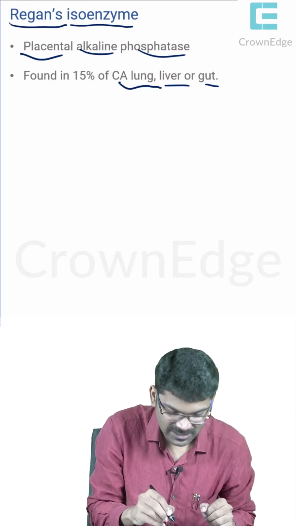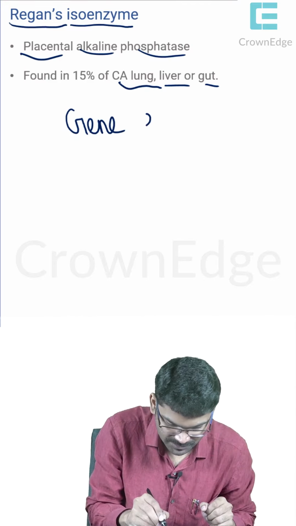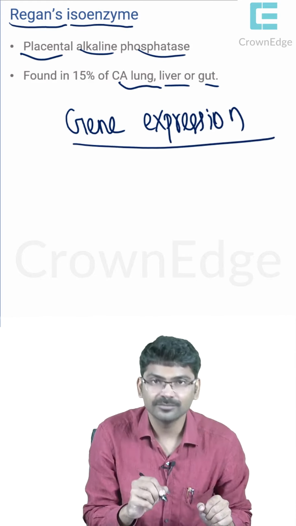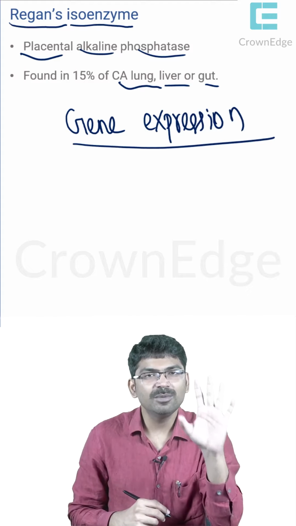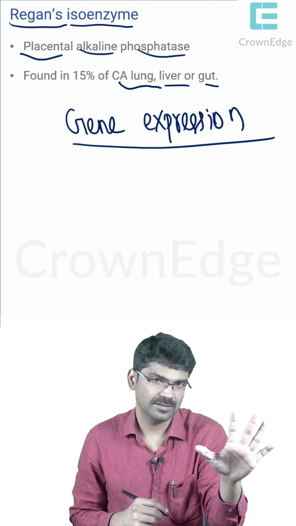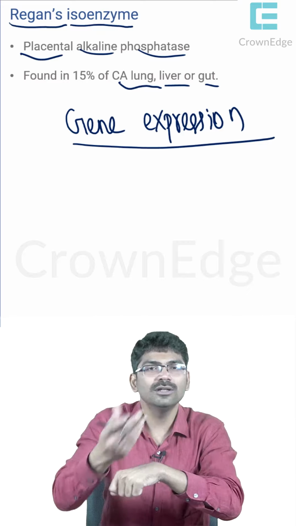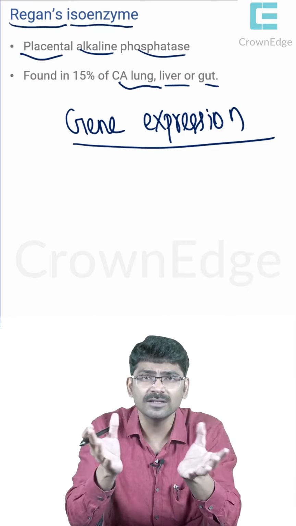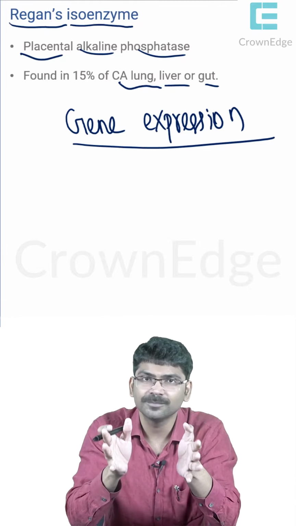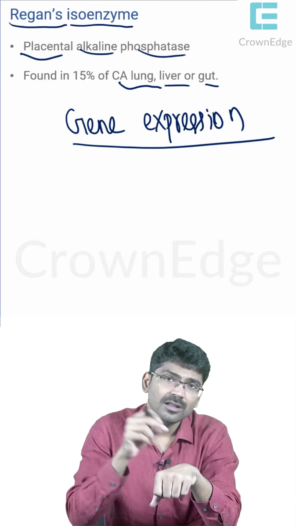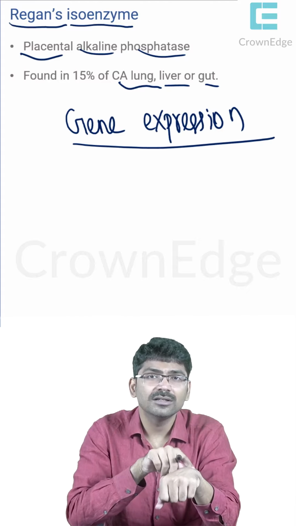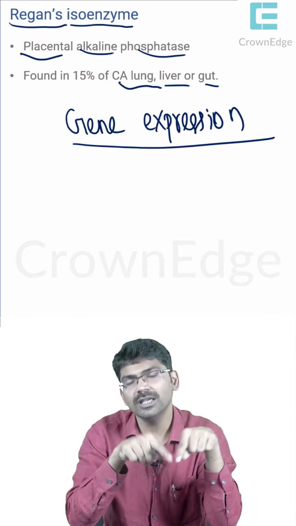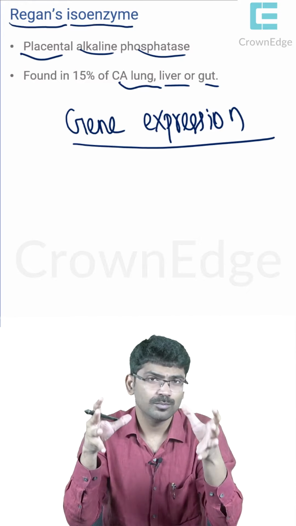There is something called gene expression. What is gene expression? Expression of a particular gene. Insulin gene will be expressed only in beta cells of the pancreas. In your skin, insulin is not produced. That means even though you have the insulin gene, in all your cells you have DNA, you have all the genes, that particular gene is not expressed. In skin you don't produce insulin, but only in beta cells of the pancreas you produce insulin.